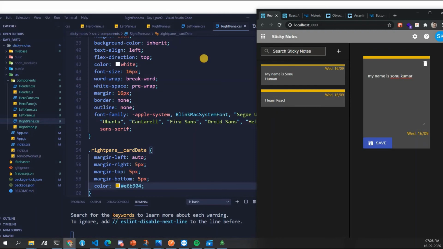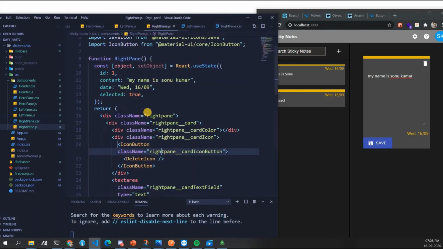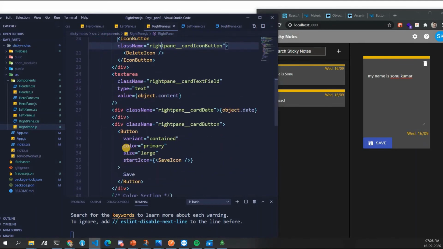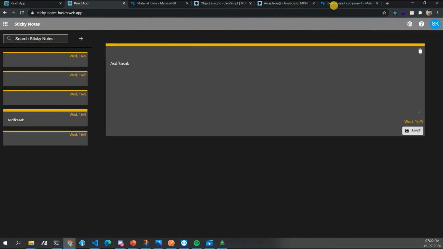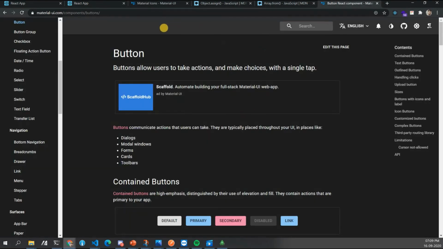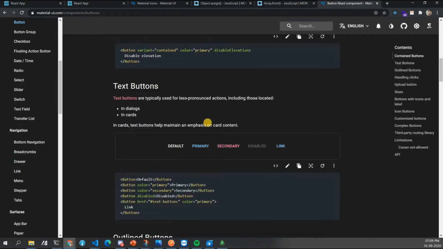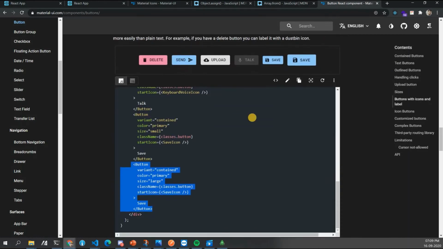So now, did we add primary here? That's why the color is coming. Just don't add primary. We need a gray color, right? Over here we have a gray color. So what should we do for that? Let's just go to button and see.